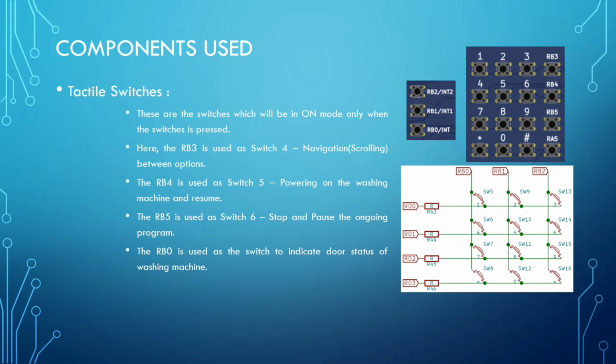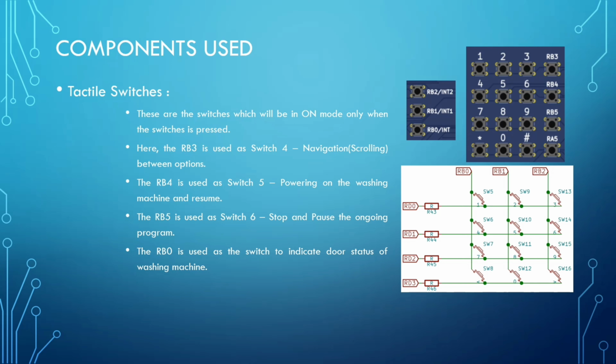One of the important components used here to control the washing machine is the tactile switches. This photo represents the tactile switches and their schematic format. These are the switches which will be in on mode only when the switch is pressed. Here the RB3 is used as switch 4, which is used for navigation and scrolling between the options and also